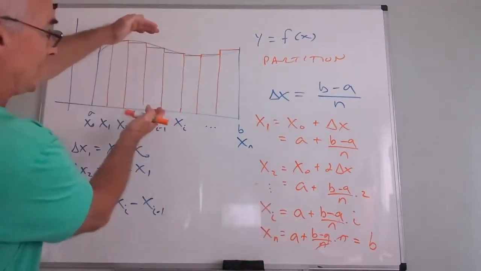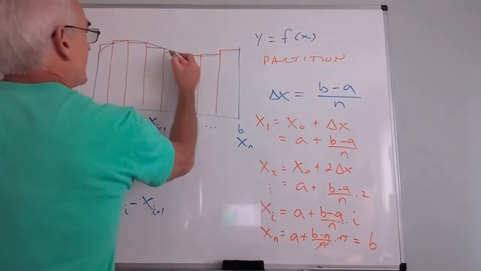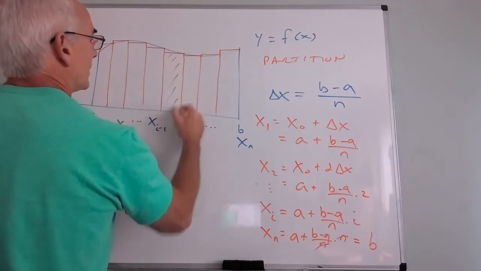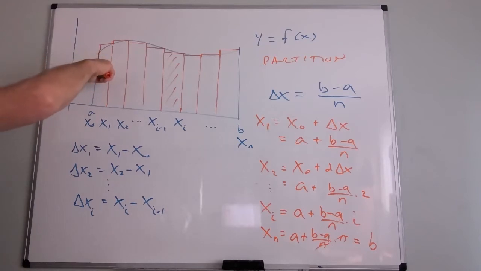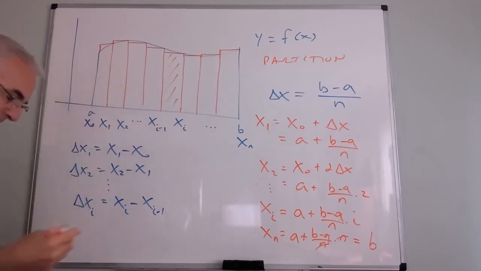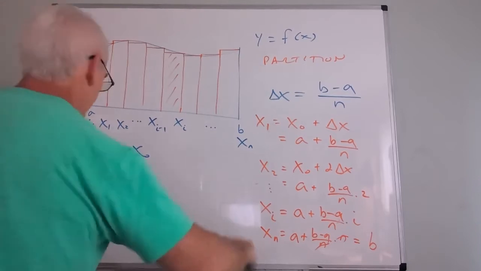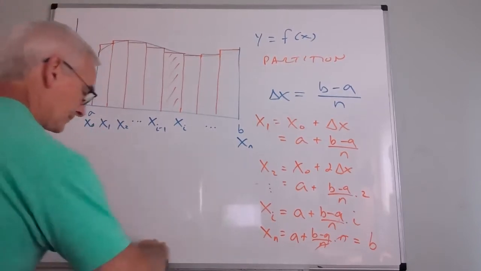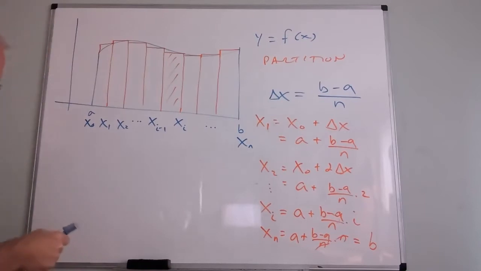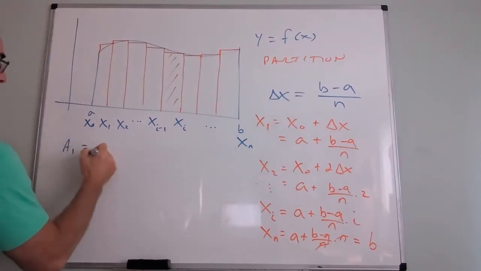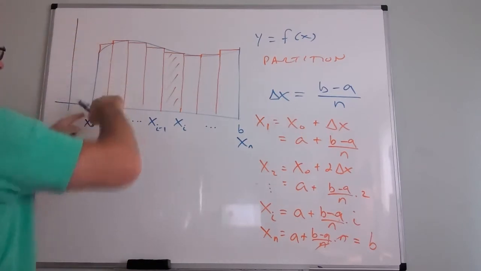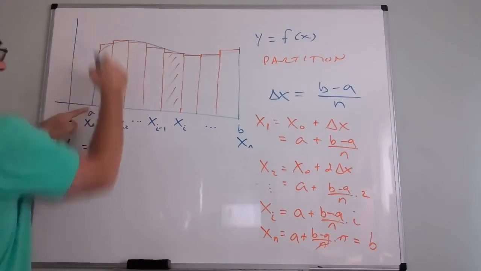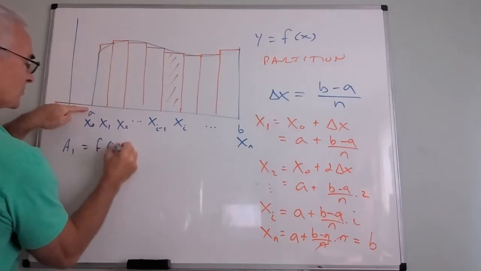Why? Because I now need to describe the heights. So I want to find this area. We'll call the first rectangle area 1. We'll call the second rectangle area 2, and so on. Area 1 would be, what's the height? Remember, I was using x1 for the height. So area 1 would be f of x1